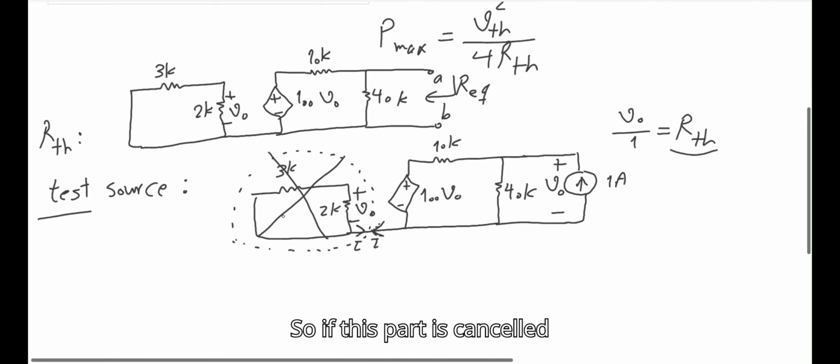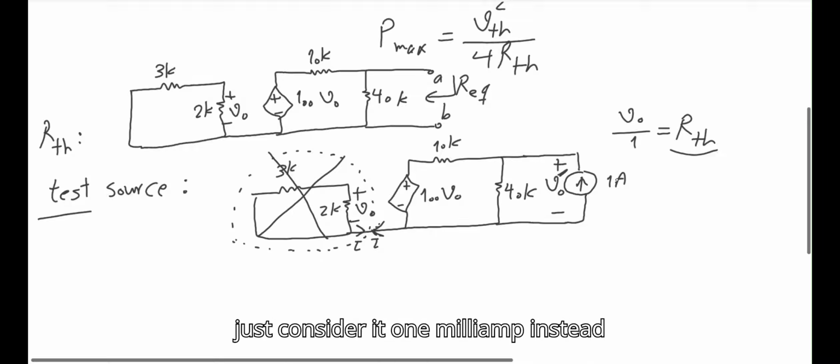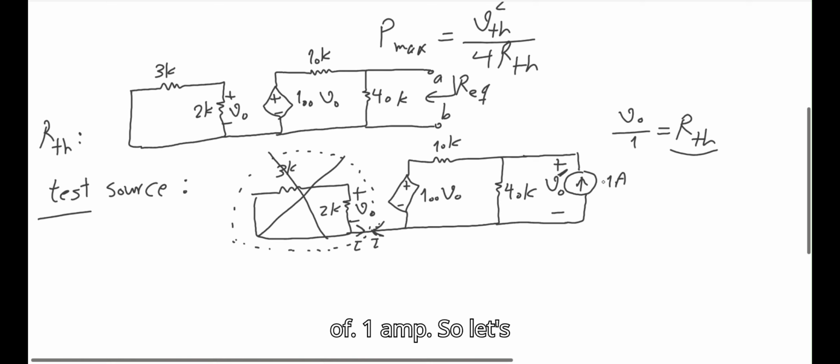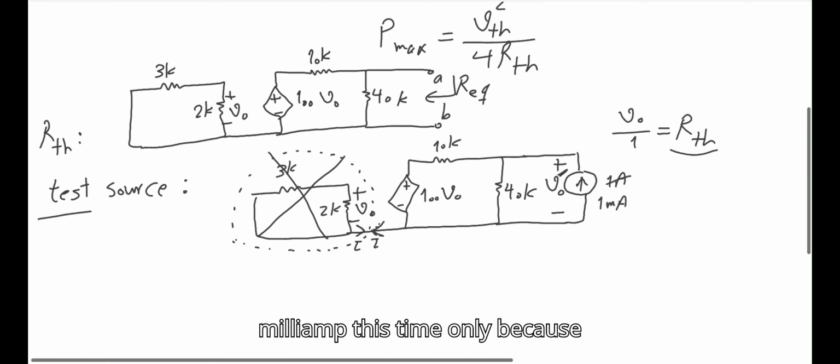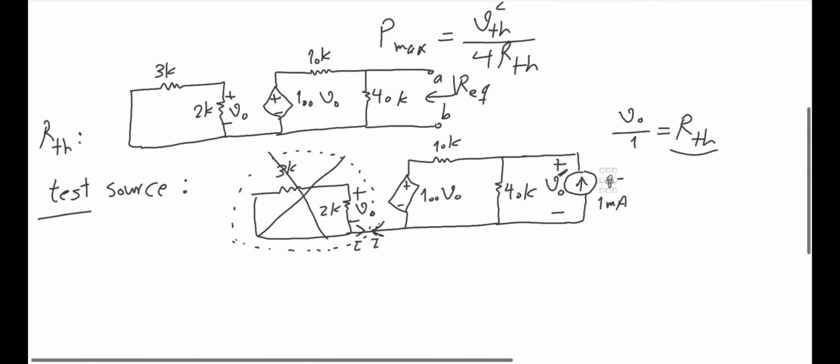So if this part is cancelled out, all that remains is this part at the right. Let's just call this V prime of O so that we distinguish it from this VO. And this test current, let's just consider it 1 milliamp instead of 1 amp. So let's just consider this as 1 milliamp. This time only, because the resistors are in kilo ohms, I need to consider the test current in milliamps. Okay? So, in such case, we will have